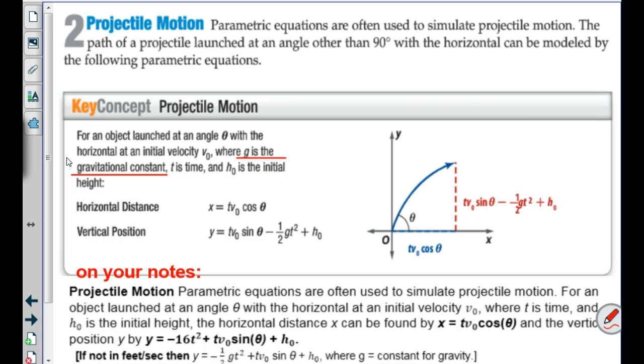We have times 0 cosine of theta, and sine. One is going to be the x vector, one is going to be the y vector. Negative 16 t squared, one half. I just went ahead and put negative 16. This is the gravitational constant. You can put in meters per second or feet per second, but the one I put in is feet per second. So rather than make you memorize all that,